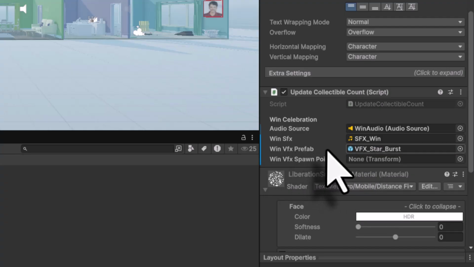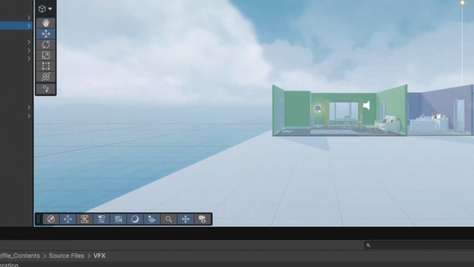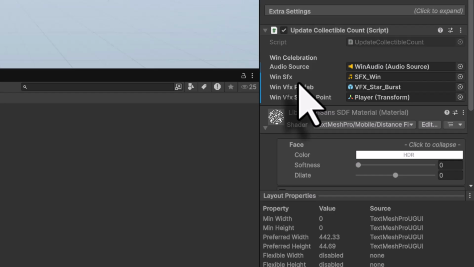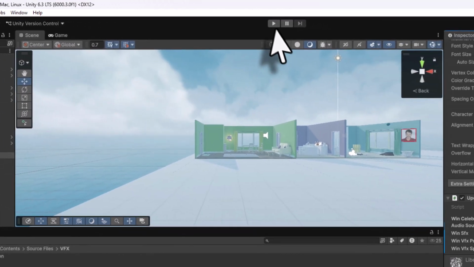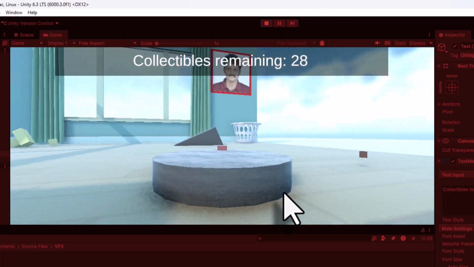Finally, at which point you want this animation to play. And for that Win VFX spawn point, I am going to come into the hierarchy, select the player, drag the player and add it here, so that at the player point this animation is going to play. Go to file, save this, and now if you play the game, now I will press D and turn on